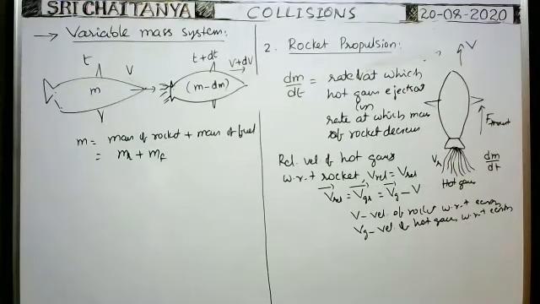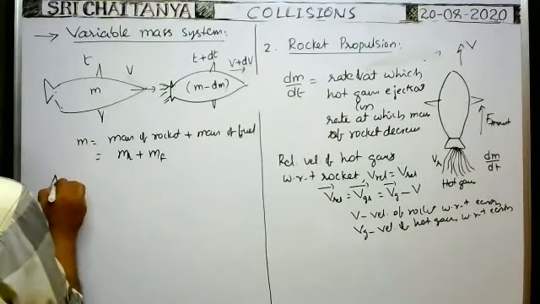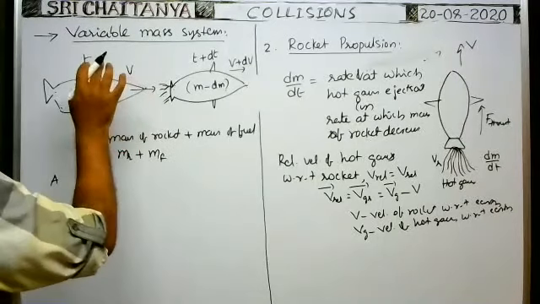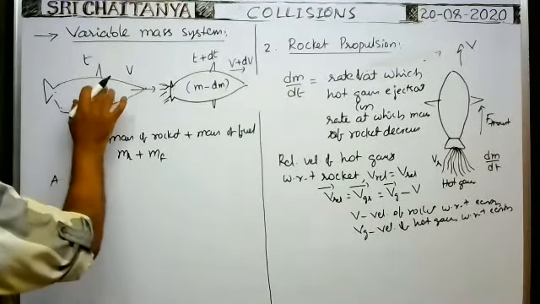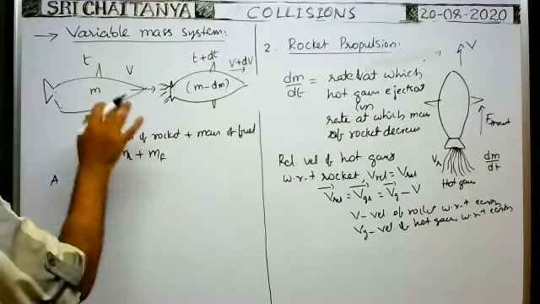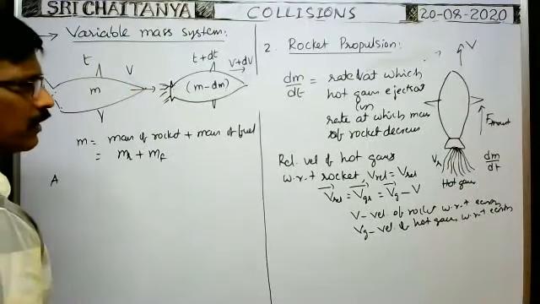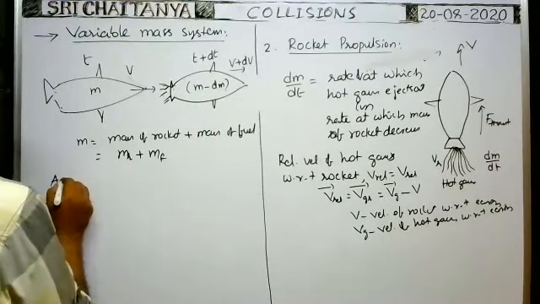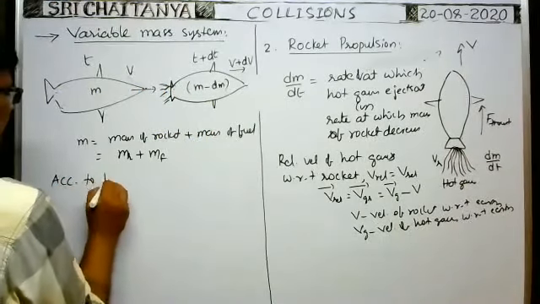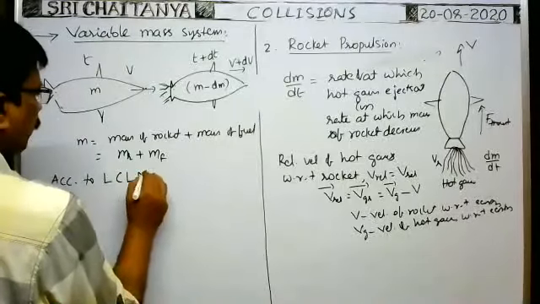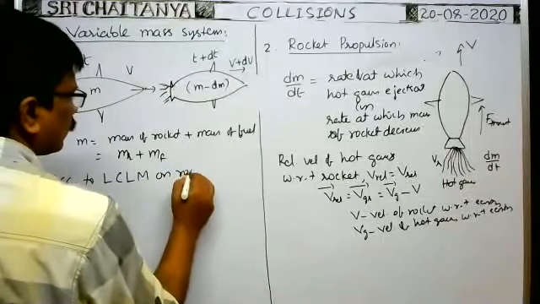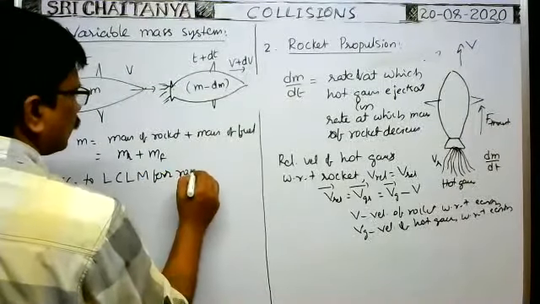Now you apply the law of conservation of linear momentum. According to the law of conservation of linear momentum, because the force exerted by hot gases on the rocket is an internal force, an internal force does not alter the motion of the rocket or the momentum of the rocket. That's why, according to the law of conservation of linear momentum, for the rocket,